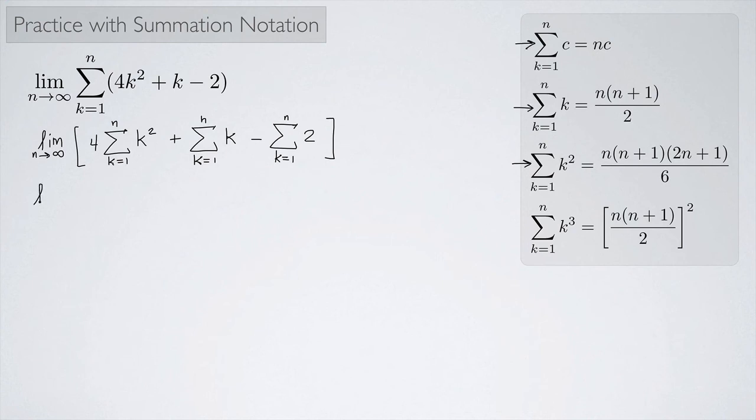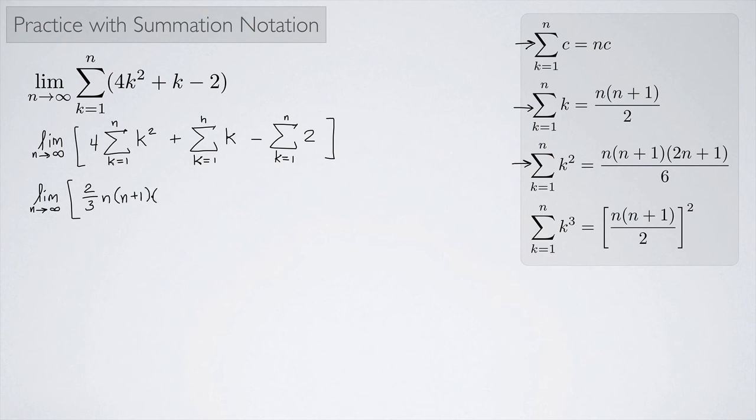So I'm going to keep writing the limit outside. Remember, I'm just going to keep writing it until the very end. Limit as n goes to infinity of, okay, 4 times k squared. So it's going to be 4 times this thing right here. So I'm going to have a 4 and then I'm going to have a 6 in the denominator. That's the same thing as 2/3. So I'm going to write that as 2/3